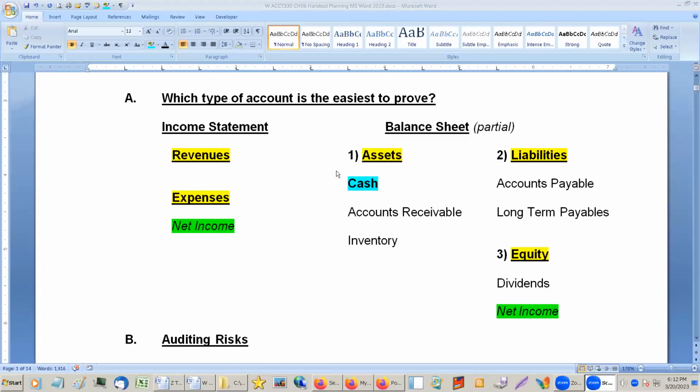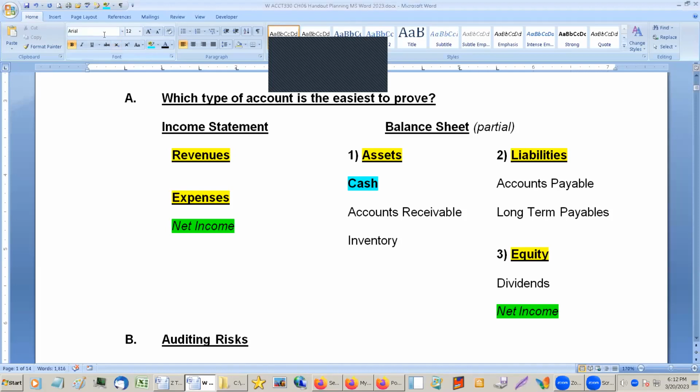Now, if you look at the line item for cash, a lot of times it's very small compared to the rest of the assets. The balance in cash might even be immaterial. But because everything goes through it, it becomes a very important account for auditors to look at. So while you're proving this cash, you go, okay, well,